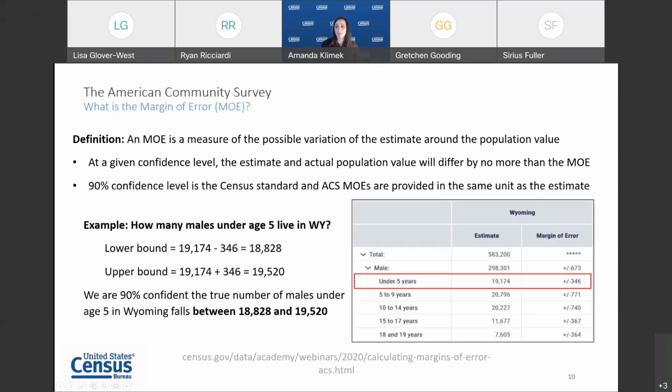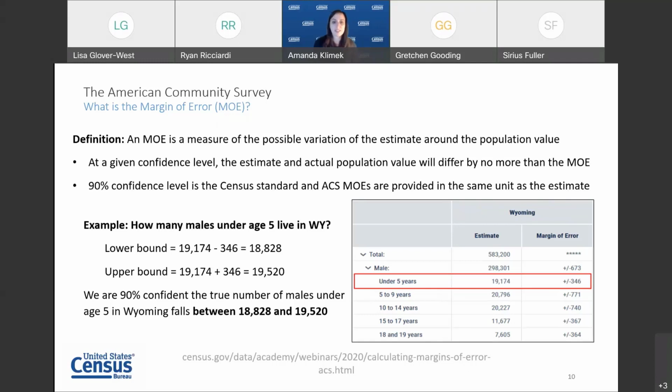On that note, we love when you use margins of error, or MOEs. MOEs allow data users to be certain that at a given level of confidence, the estimate and the actual population values differ by no more than the value of the MOE. Put simply, the MOE is a measure of the possible variation of an estimate around the population value.